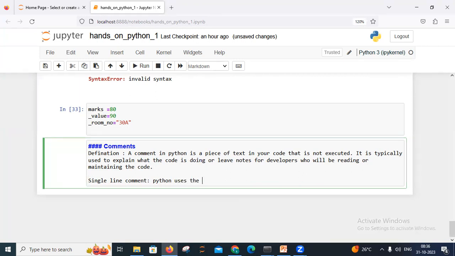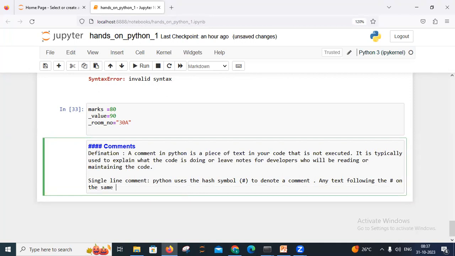You can use the hash symbol to denote a comment, any text following the hash on the same line will be ignored by the Python interpreter,